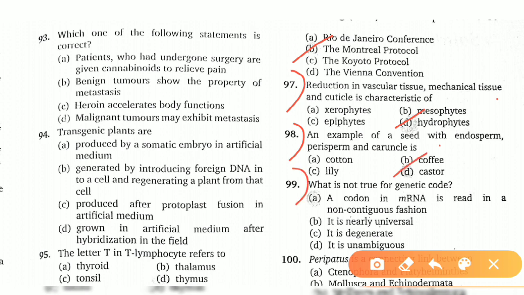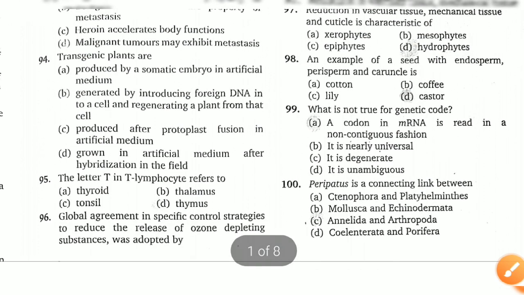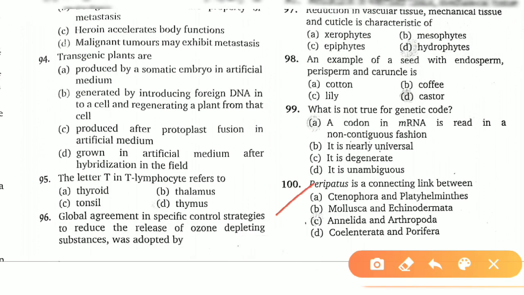Now, 99th question. Which is not true for genetic code? Options are a codon in mRNA is read in a non-contiguous fashion. It is nearly universal. It is degenerate. It is unambiguous. So the answer is codon in mRNA is read in a non-contiguous fashion. Now, last question. Peripatus is a connecting link between, options are Ctenophora and Platyhelminthes, Mollusca and Echinodermata, Annelida and Arthropoda, and Coelenterata and Porifera. So the answer is C, Annelida and